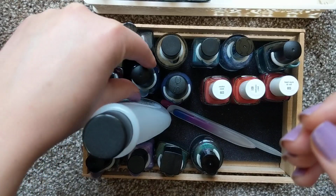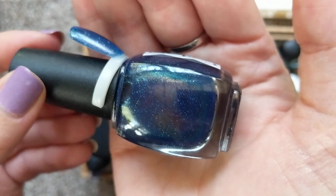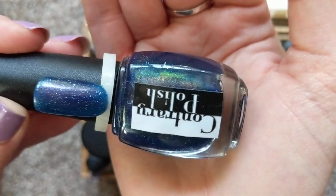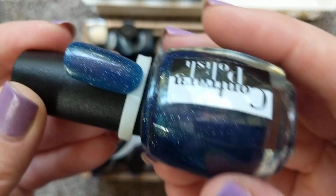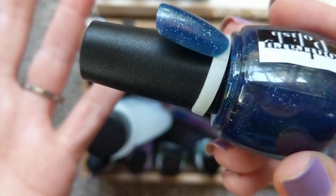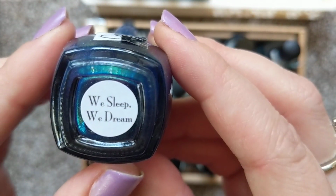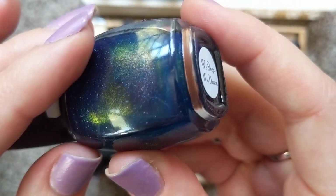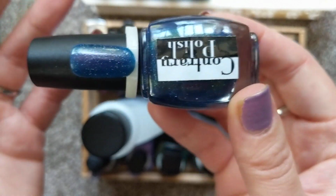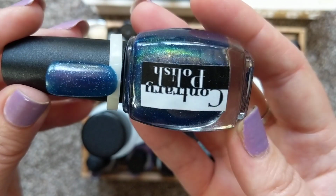And another one that makes me feel my most confident are colors like this deep but bright blue that has a lot of stuff going on. See that shimmer and the little bit of holographic? Colors like this, I just find myself loving wearing. This particular one is by Contrary Polish, We Sleep, We Dream. I have a number of colors like this in the same family of bright but deep, rich blues,